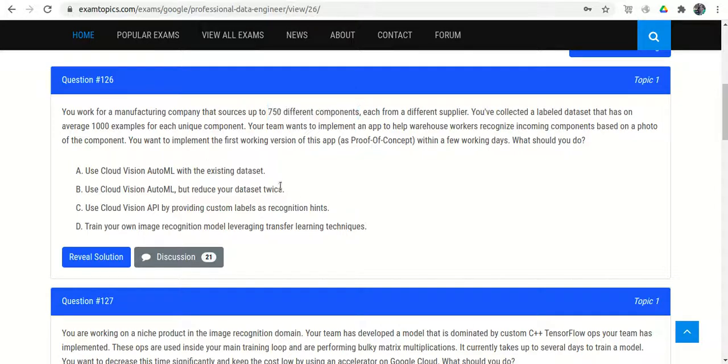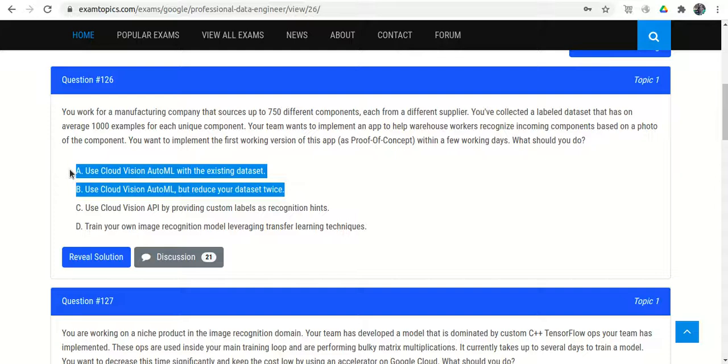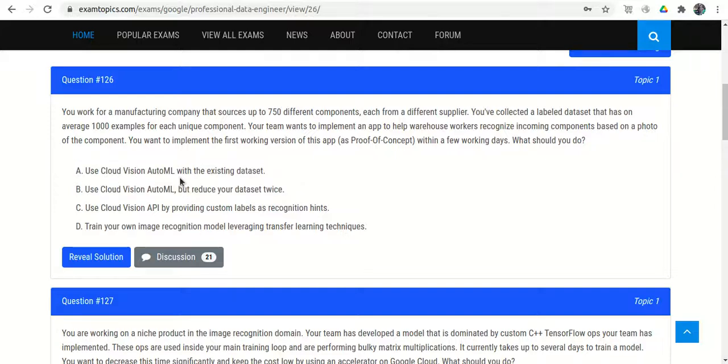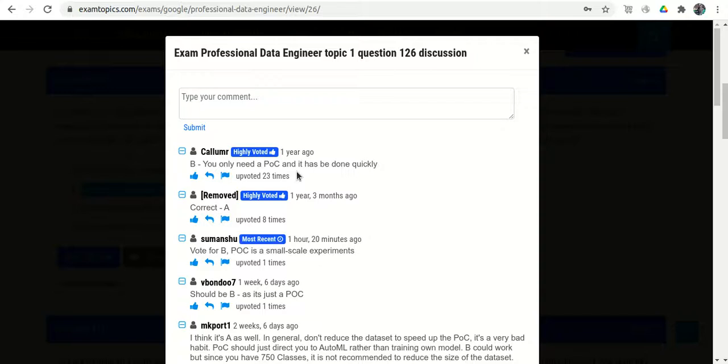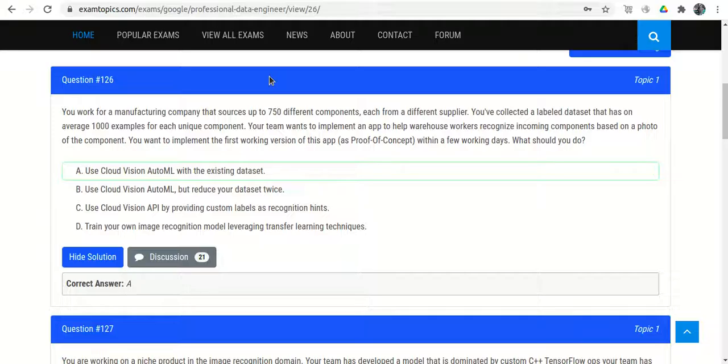So we will use Cloud Vision AutoML, and out of the two AutoML options, the best one is to reduce the dataset twice, because we are only doing a proof of concept, not end to end. Generally, for a proof of concept we always try a small set of data. So option B looks okay.